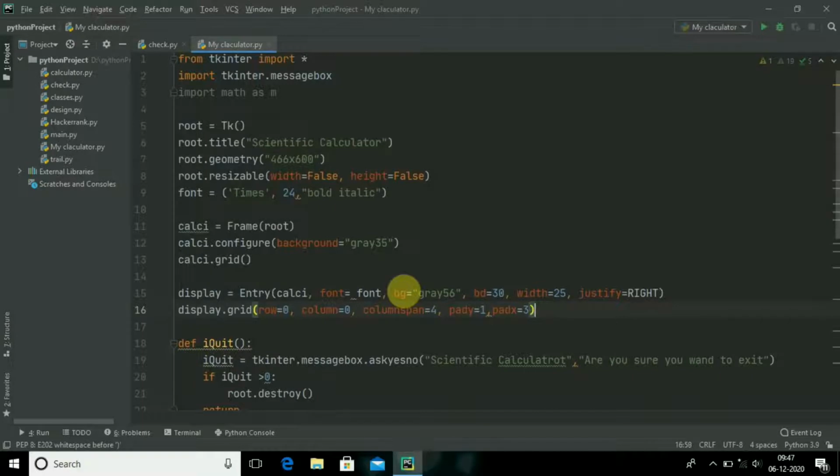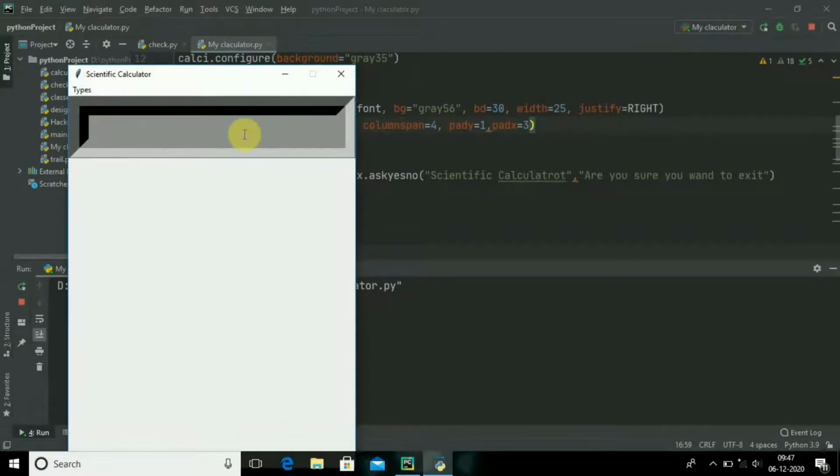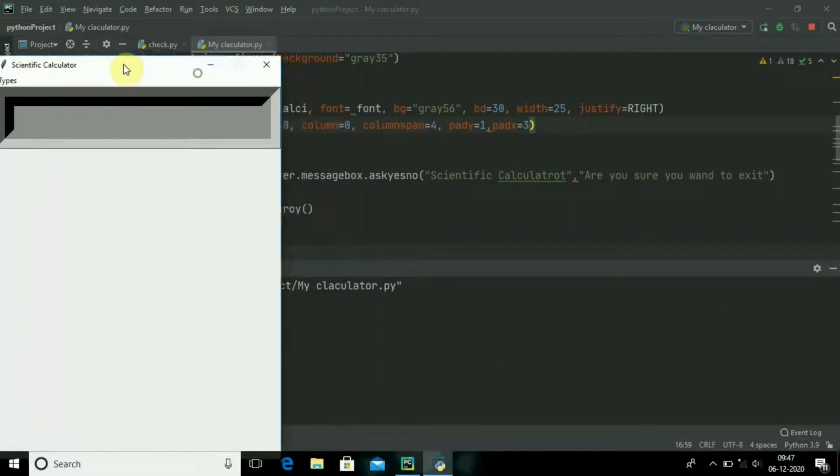That's it. This will be our code. Let me run. Yes, here is the display, and I will be explaining this soon.